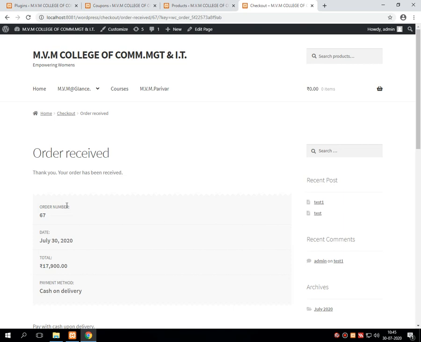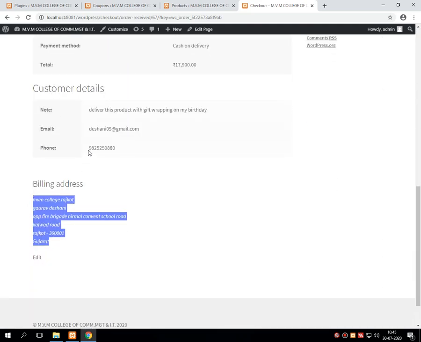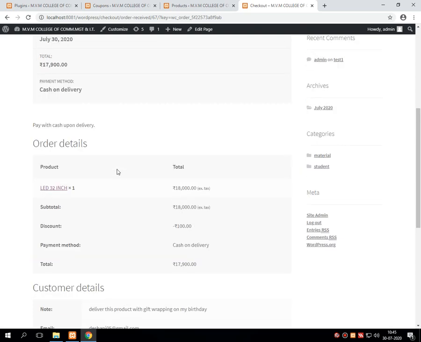Now what happens on professional websites like Amazon, Flipkart, etc.? Once this is done, an SMS is sent from the company to the given mobile number with the complete details.